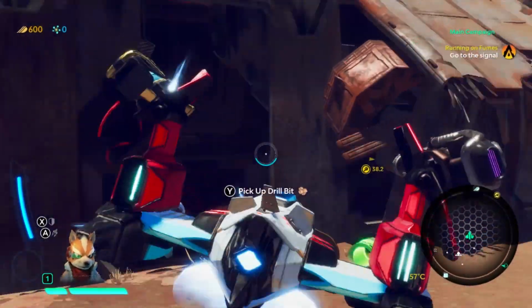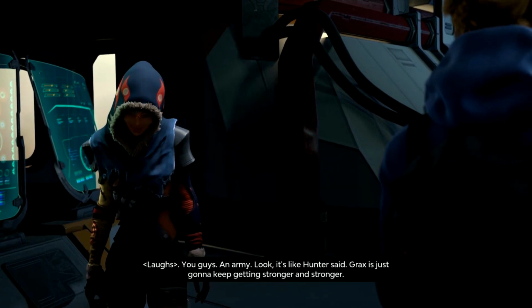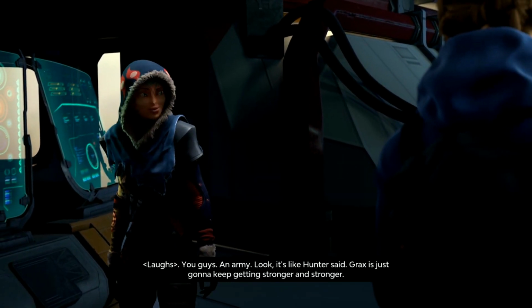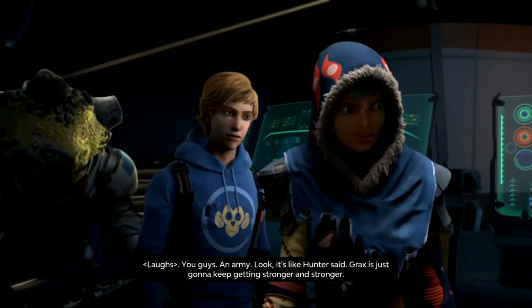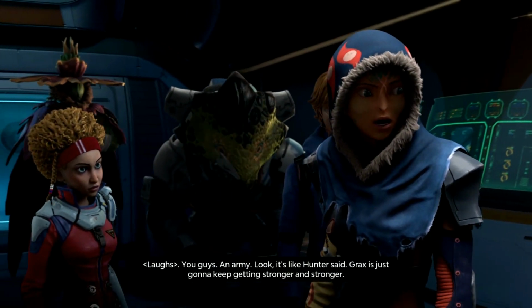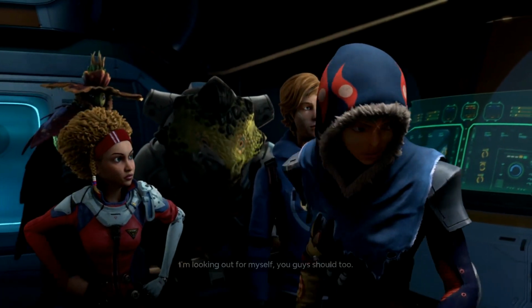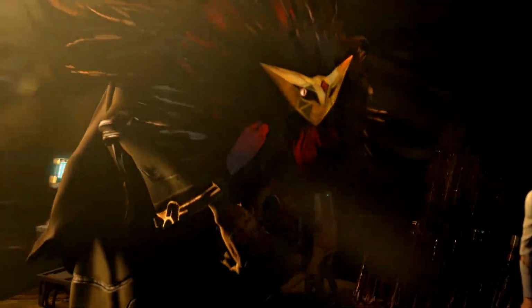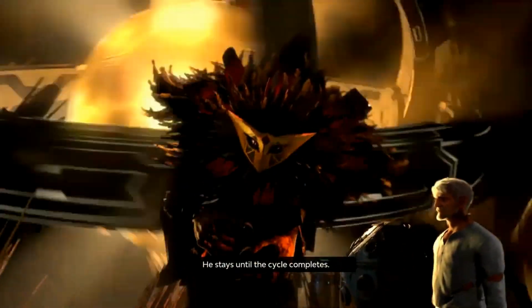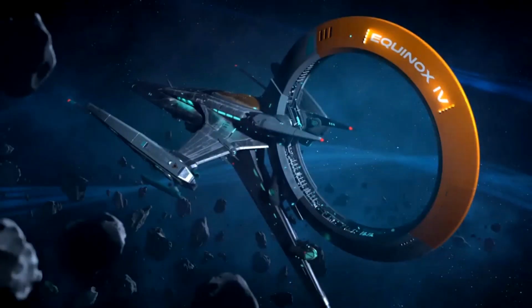Now, the story in Starlink Battle for Atlas is your pretty standard sci-fi fare. A ragtag group of scientists and pilots make their way to a brand new star system called Atlas in search of a rare artifact. In the process, the ship's captain was kidnapped by a group called the Forgotten Legion, run by an evil alien named Grax. The remaining crew on the ship are tasked with saving your captain and taking down the bad guys. Again, pretty standard sci-fi fare, but